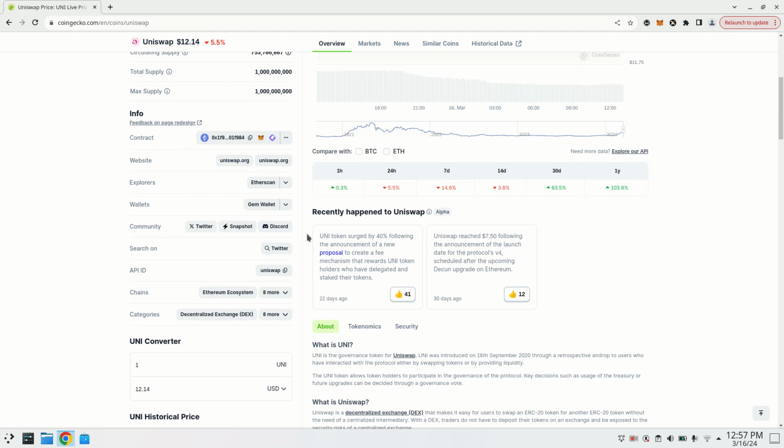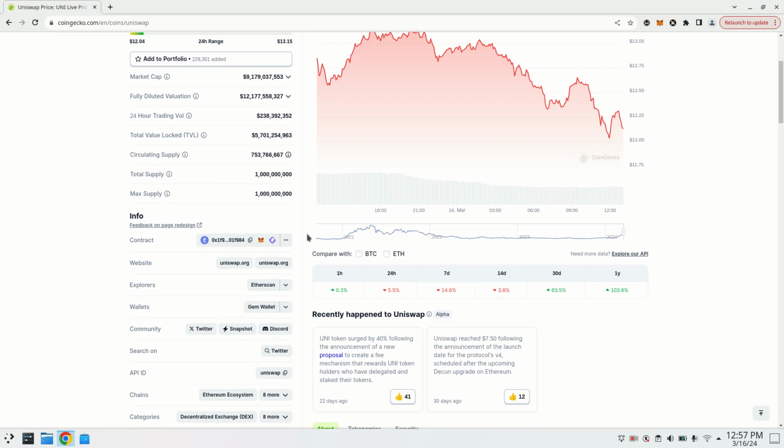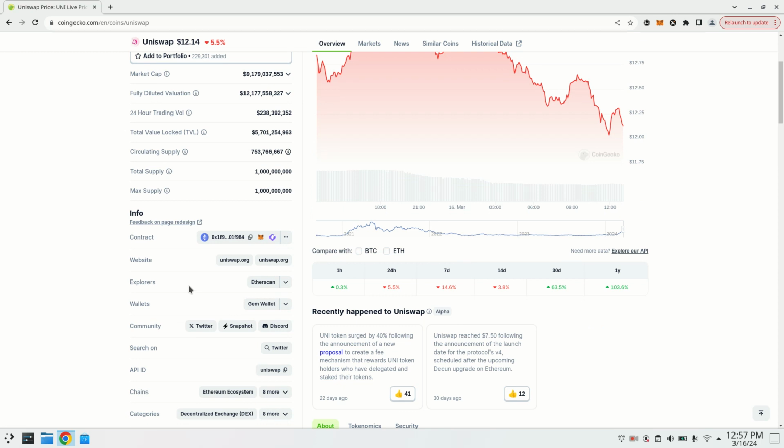And one more important thing here. I usually use CoinMarketCap or CoinGecko to go to their website like this. Why? Because if I'm googling using Google, then it's probable I'm going into a scammer website.